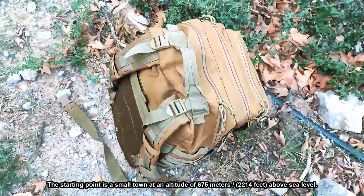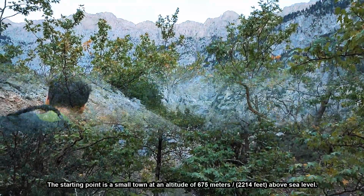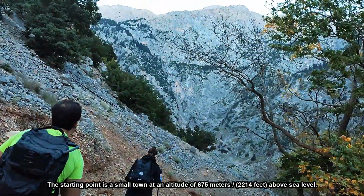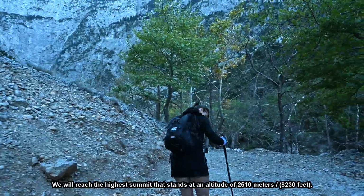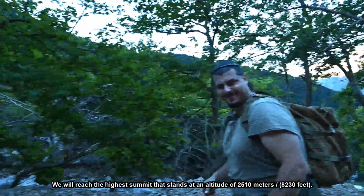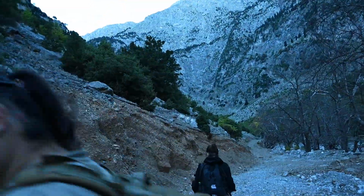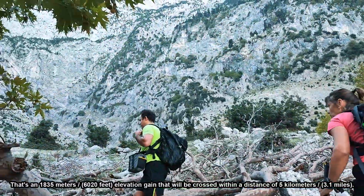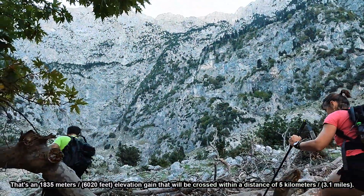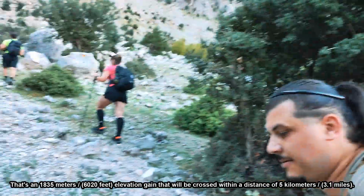The starting point is a small town at an altitude of 675 meters / 2214 feet above sea level. We will reach the highest summit that stands at an altitude of 2510 meters / 8230 feet. That's an 1835 meters / 6020 feet elevation gain that will be crossed within a distance of 5 kilometers /